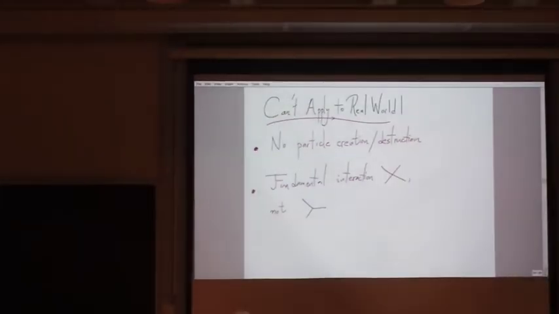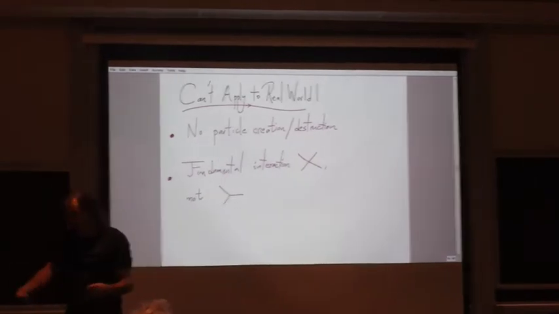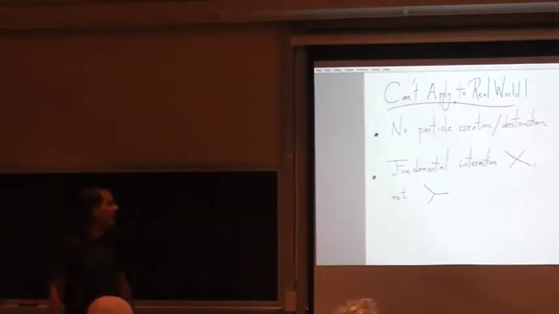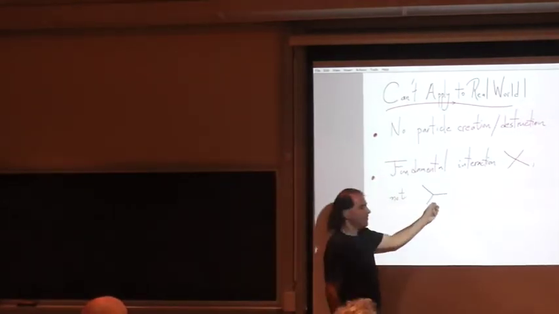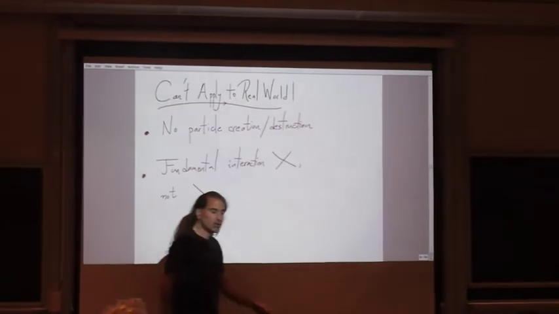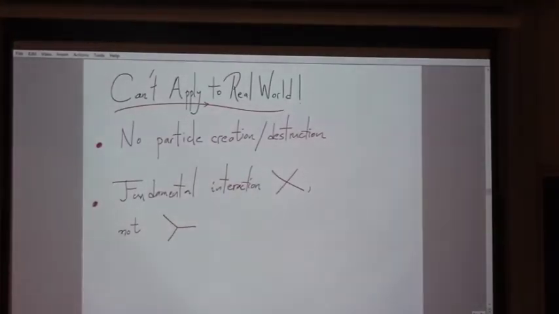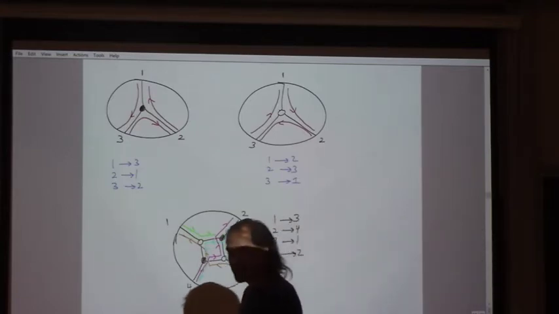And why? Well, two obvious reasons. First, it's in 1 plus 1 dimensions. Secondly, qualitatively, there's no particle creation or destruction. And that's associated with the fact that the fundamental interaction is 2 to 2, where the fundamental interaction that we talked about is 2 goes to 1. But it turns out, from many points of view, mathematicians in the 2000s have found another way of representing permutations